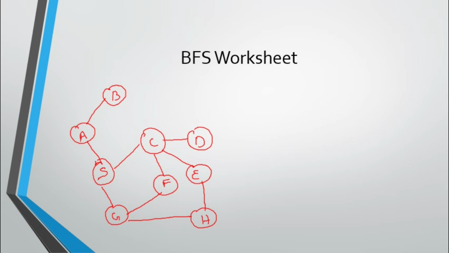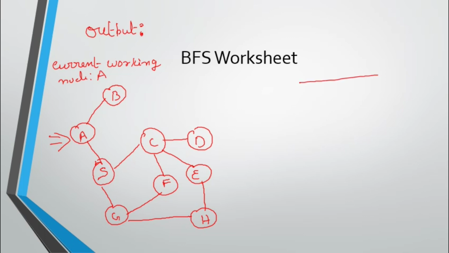Let us write our output sequence here. As the graph is a little down, I have drawn the output sequence here. So here also my current working node is A. I will start from A. The current working node is always given, remember that. Otherwise, if they don't give the current working node, you can start with any vertex. Currently the working node is A, that means we have to start from A.